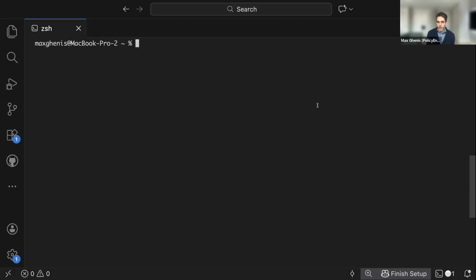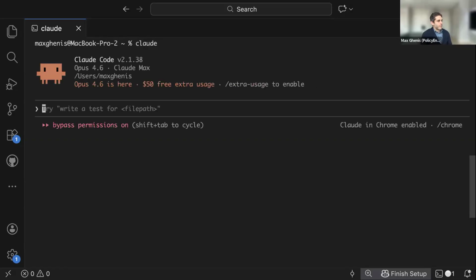And this is a program that works on your local computer. So I can just type Claude here. And now it's going to give you access to those AI systems, but it's going to run on your machine in a more agentic way. So it's going to be able to say, we have some task ahead of us. I'm not just going to do one command. I'm going to keep doing lots of commands or validate what we're building in a way that can provide the ultimate answer. So you can give it much more complex tasks. It can build projects file by file. It can access lots of files and other services, including PolicyEngine.